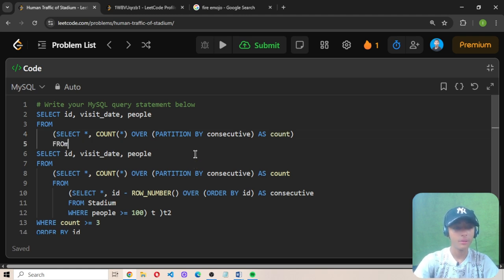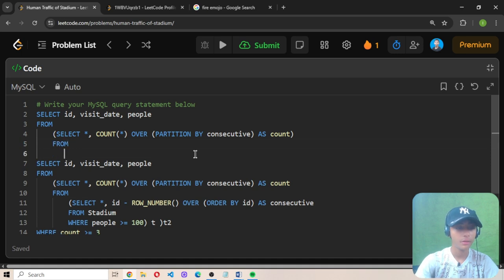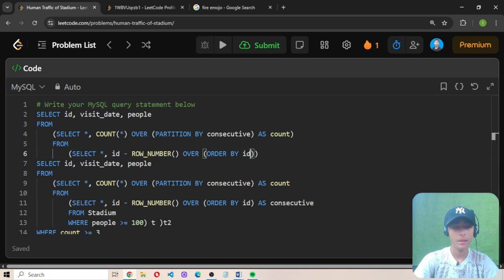Okay, from one more time define here. Select ID minus row number over, okay, define here order by ID as consecutive,